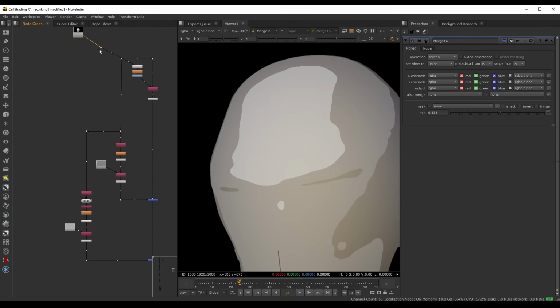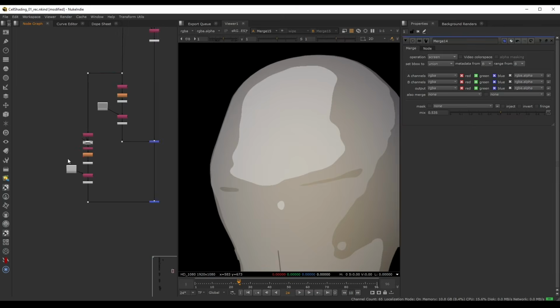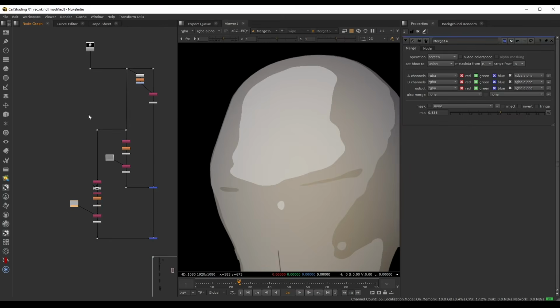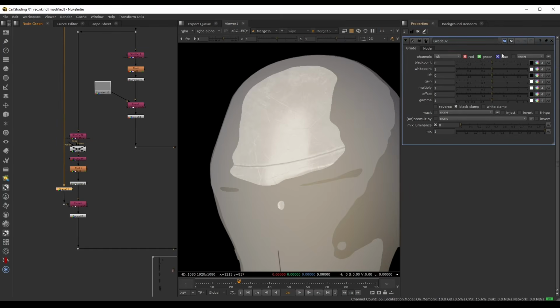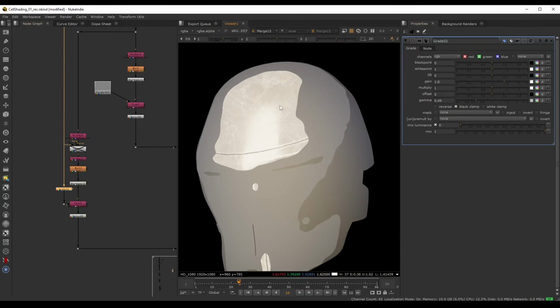If we grab our render, let's do another dot. Instead of this constant, again, we can just point to our render. Let's maybe grab this and point to our base render, and we can already see this over here. If I wanted to, we can also drop down a gray node. We can increase the contrast here if we want, and we end up with something like this. Now, obviously, this is looking a little bit silly, but this is just to show you that now we can